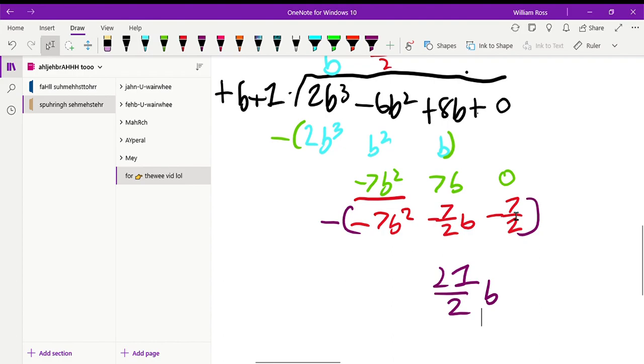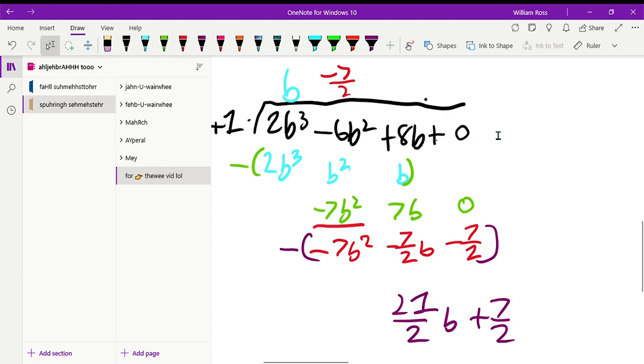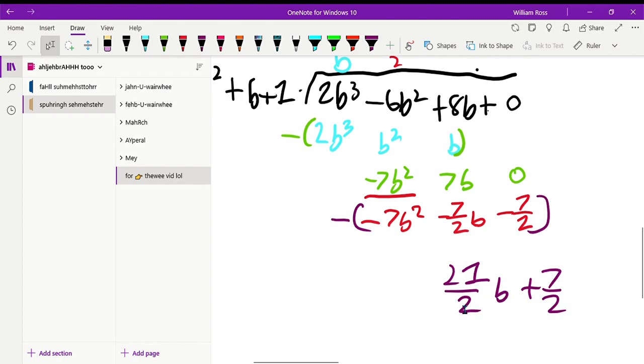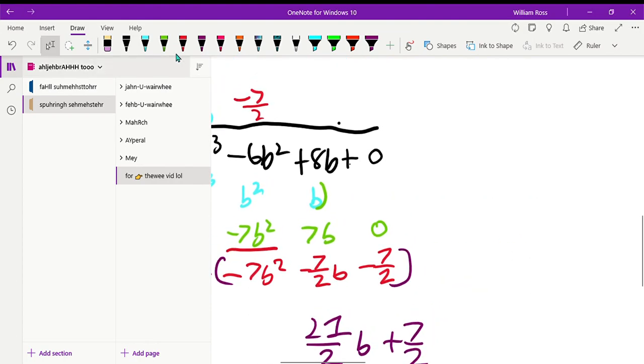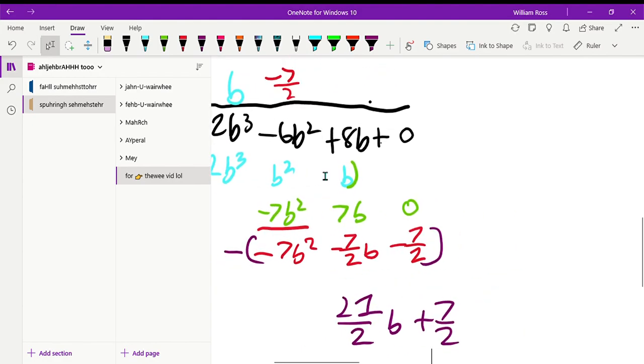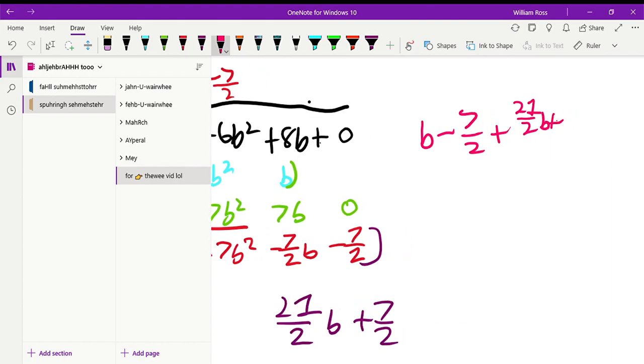And then this would just be positive 7 halves. And since we ran out of terms to bring down, this will be our remainder. So our final answer will be b minus 7 halves plus 21 halves b plus 7 halves